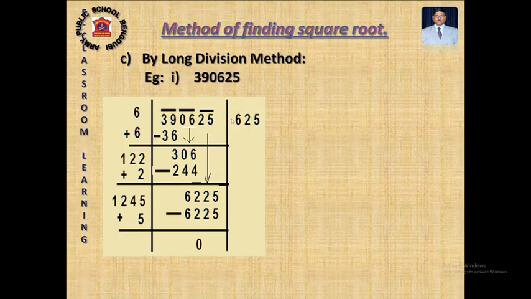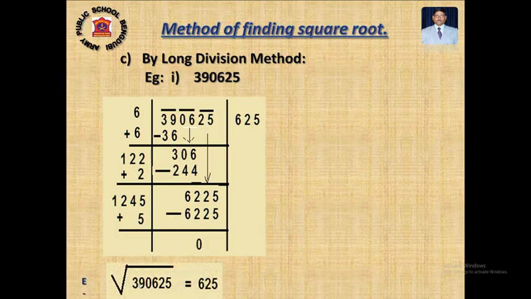Before the final step, this was the quotient. 62 twos are 124, or 120 plus 2 is 124, both ways. Now imagine there is a 0 here. What I have to write is a digit which, when multiplied, gives a number ending in 5. This is a very common rule: a number ending with 5, if you find the square root, it will end in 5. If you find the square, it also ends in 5. So no way, you have to write down 5 here. Multiplied by 5, I am getting 6225, and the final result is 0. So the square root of 390625 is equal to 625.